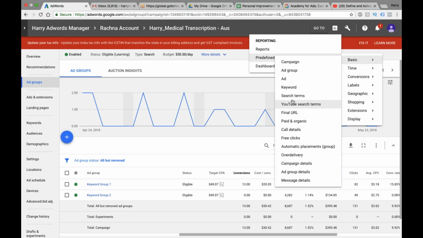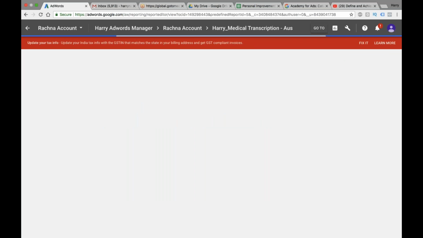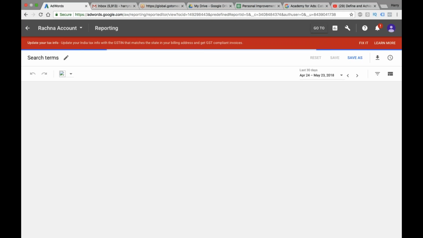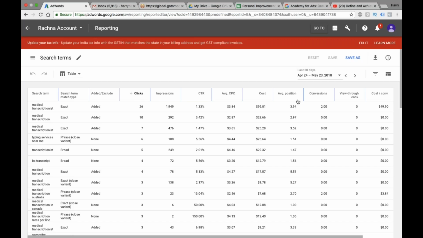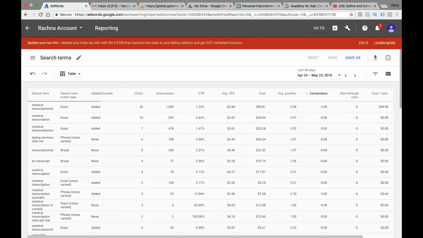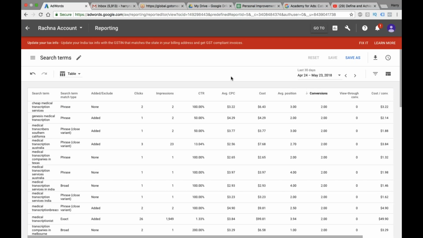Let's have a look at the search term report. Search term report, as you all know, tells us what type of search queries people are making, so that we can get more conversions as well. So let's see when the conversions happened for us, what were the kind of search queries that people were making. So it's pretty straightforward. You can just click on each of these reports and understand what each of these reports do. Okay,